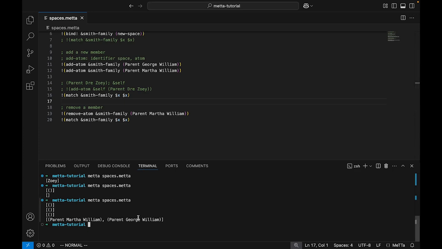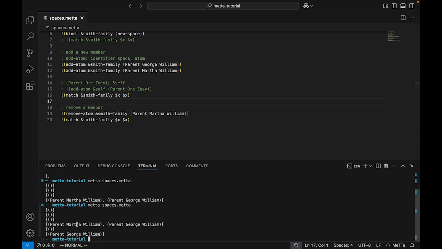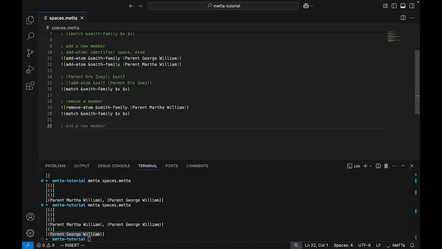So the first one is going to be parent Martha William and parent George William, and the second one is going to be only parent George William. So we can see that it has been removed from the Smith family space. Okay, now that we have seen how we can remove and add new members, we can see next how we